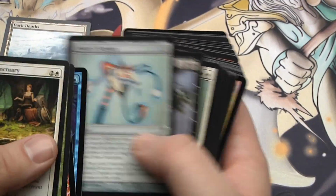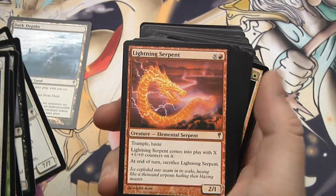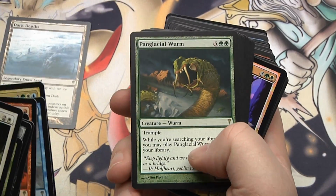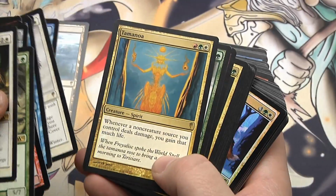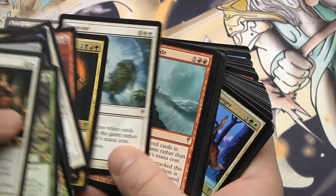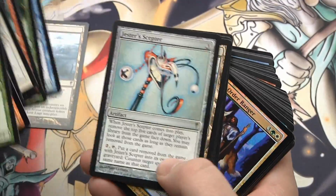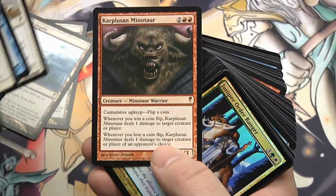That's a deal. Jester's Scepter, Voidmaw, Woolly Razorback, Lightning Serpent, Diamond Fairy, Panglacial Worm, Cover of Winter, Rime Feather, Taminoa, Hibernation's End, Lightning Serpent, Sun Scour. These are some good cards, actually. Vexing Sphinx, Jester's Scepter, another Dark Depths,